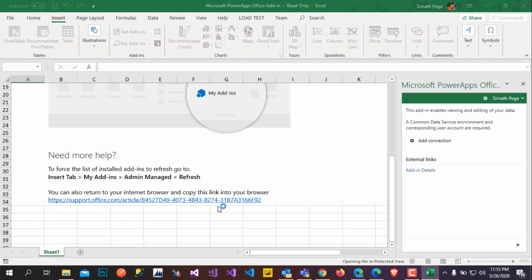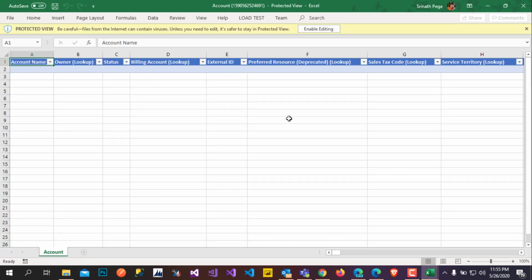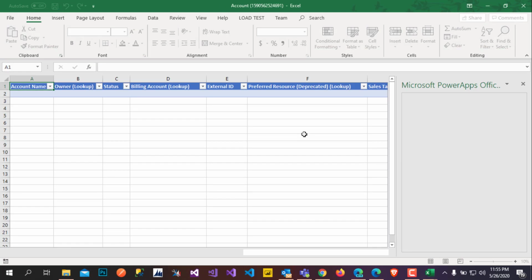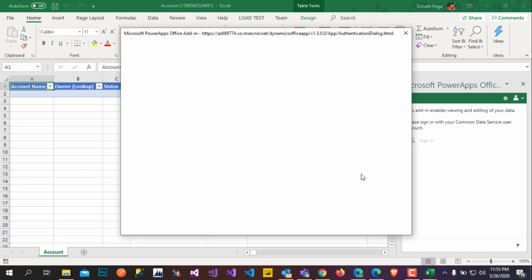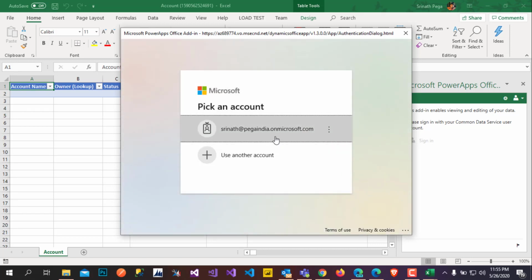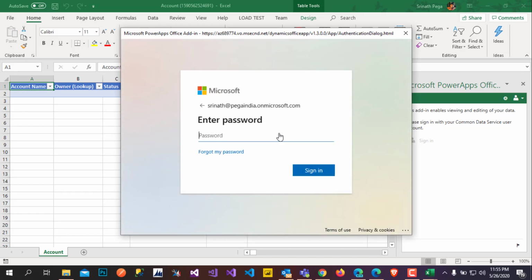By clicking this, it's opening, and I am enabling this edit mode. This one is verifying, so let's sign in. It's asking to sign in again and again because I am not on single sign-on; that's the reason. When you are on single sign-on, it won't ask you.